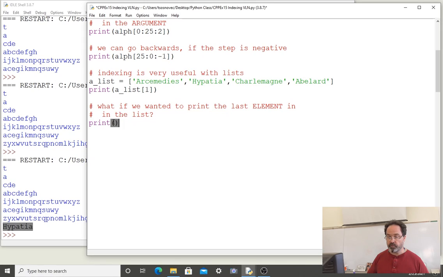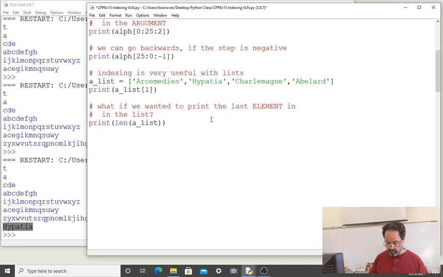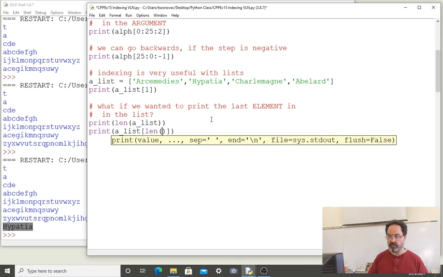We're going to refer to the length of the list, so I'm going to print so that we can see what the length of a list is, putting a list into the length function. And if I wanted to print that last thing, then I'm going to print from the a list something that is going to be indexed, and it will be the index which is the length of a list,